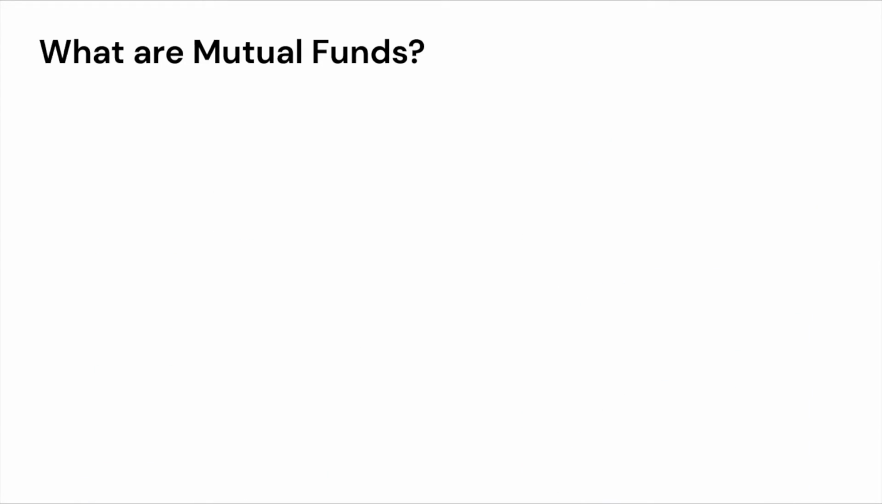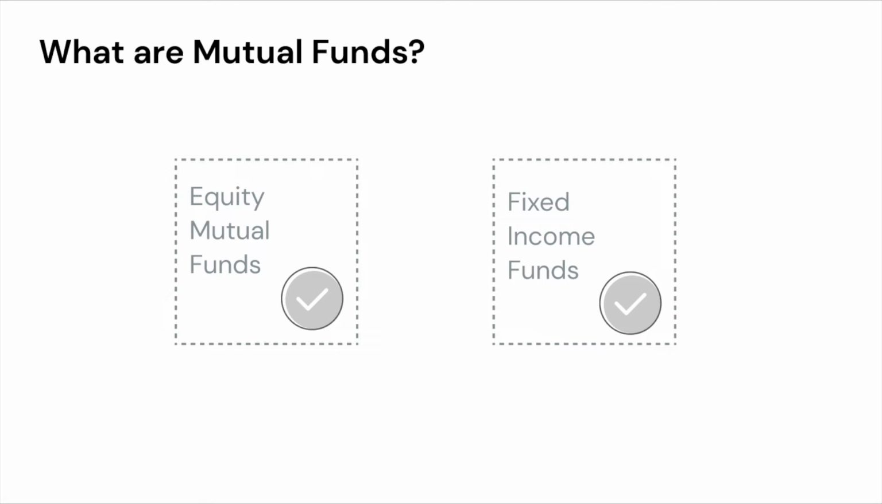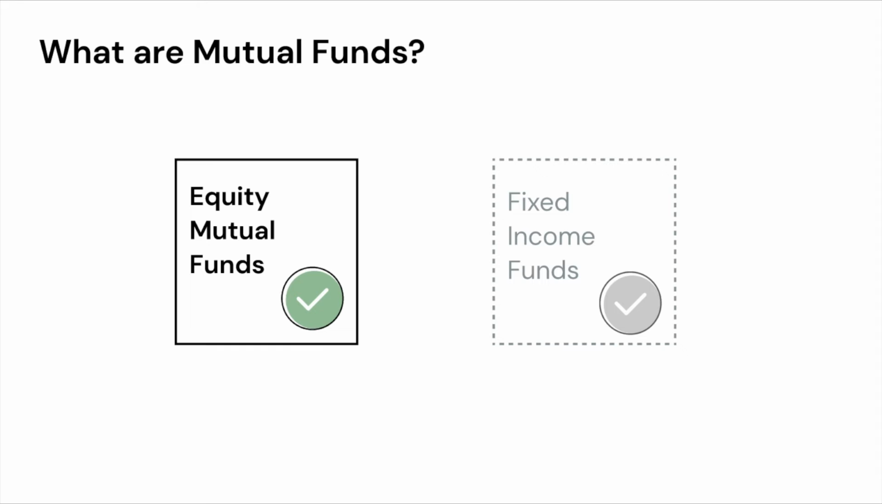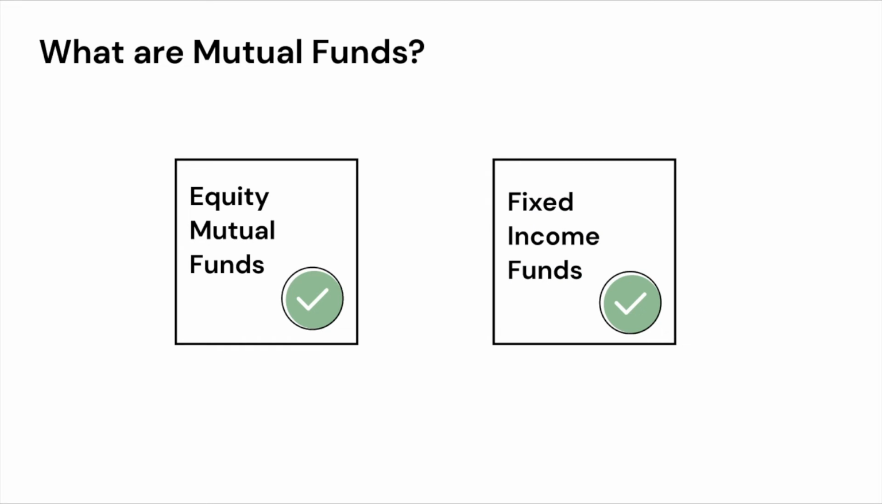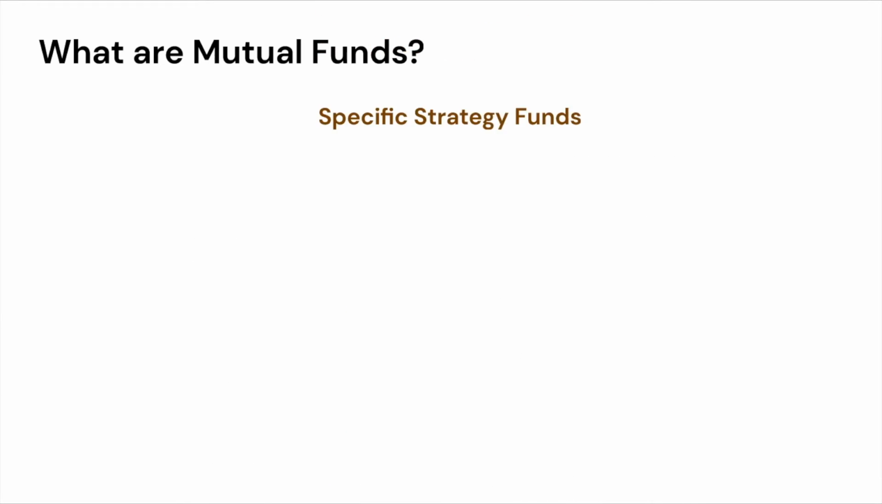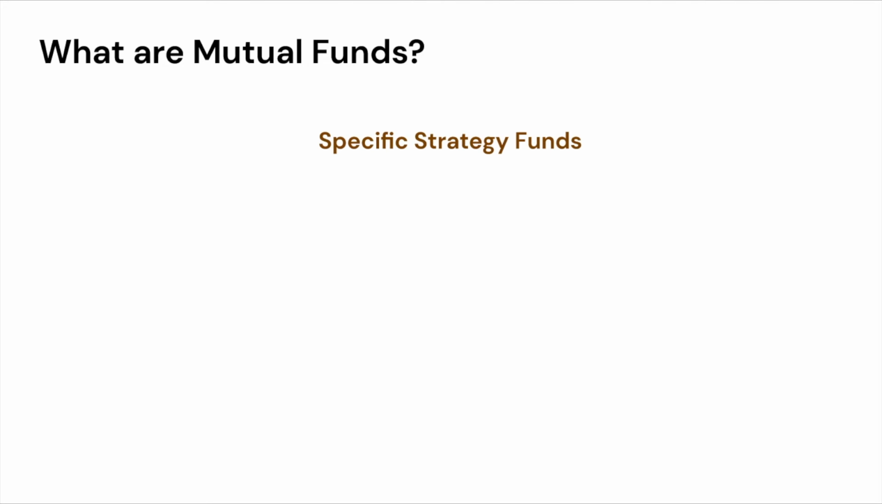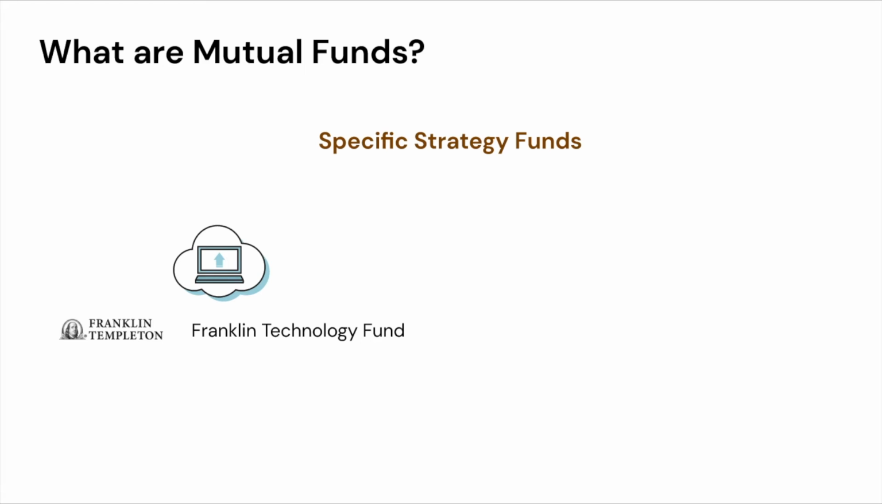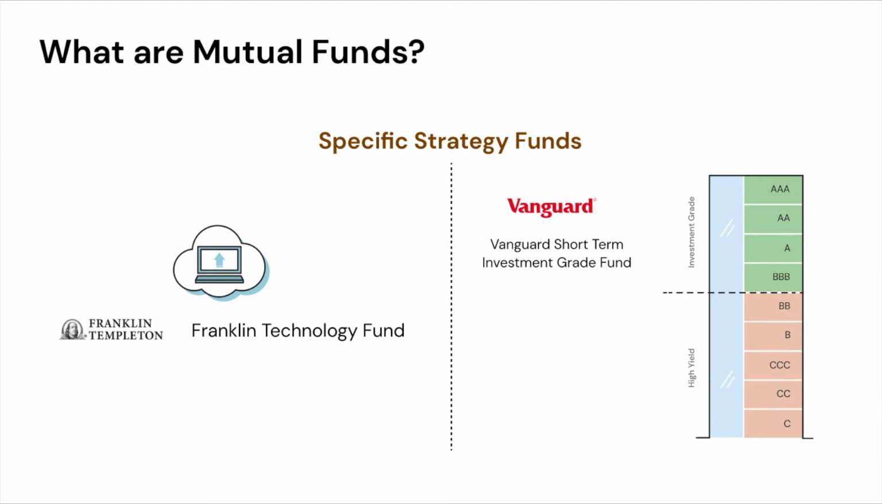Mutual funds can be divided into several categories. For instance, there are some mutual funds that invest only in stocks, or some that invest only in bonds. There are mutual funds for various specific investment strategies as well. For example, a fund that invests only in technology companies, or a fund that only buys junk bonds of high-risk